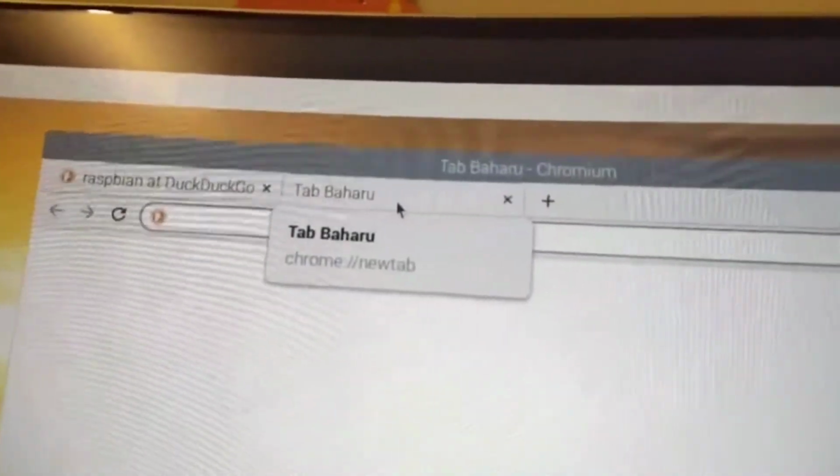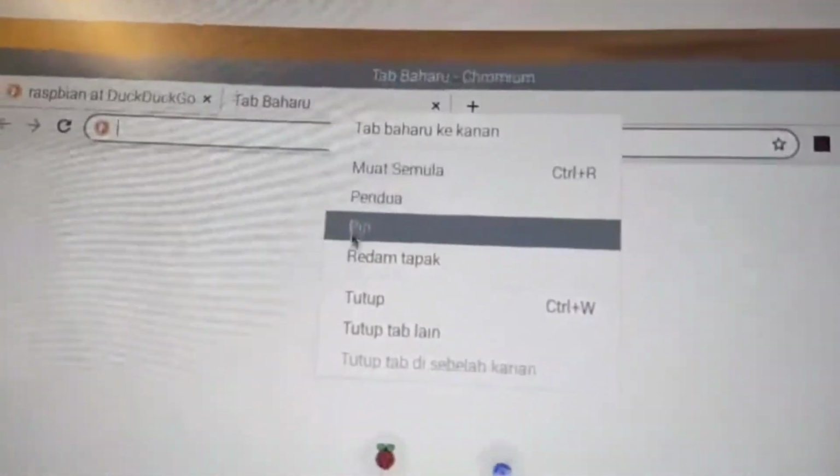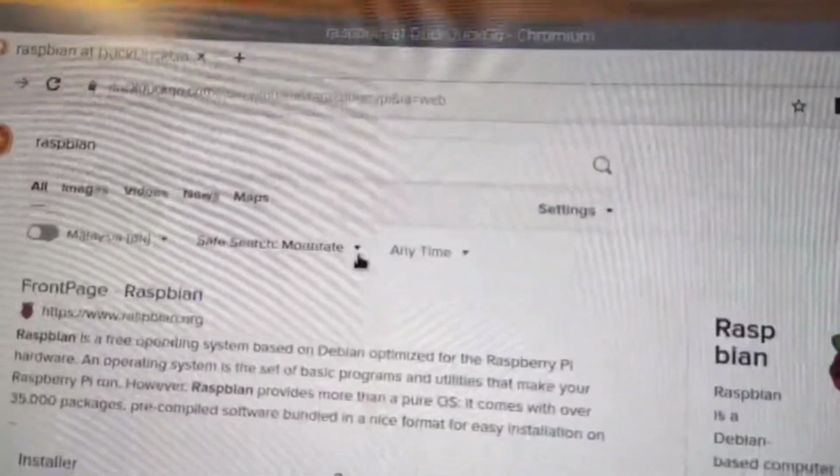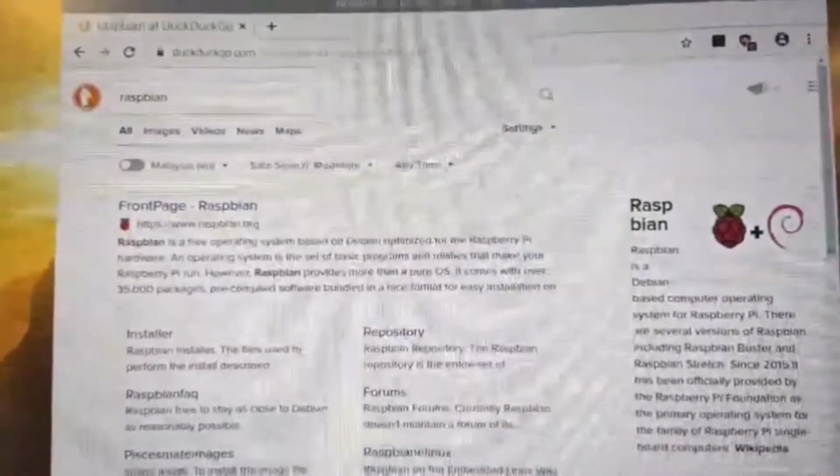At the new tab, we right click and choose to close it, and then